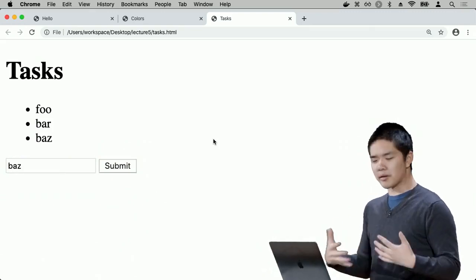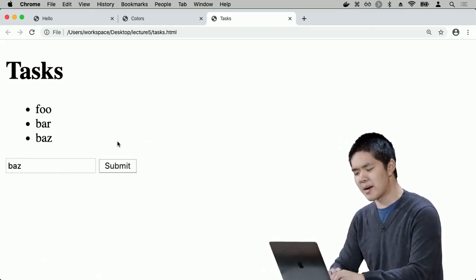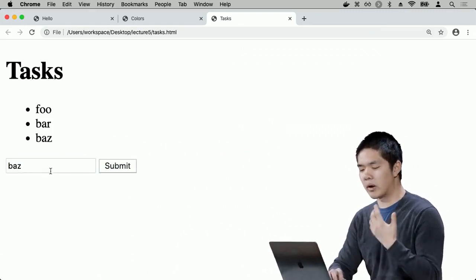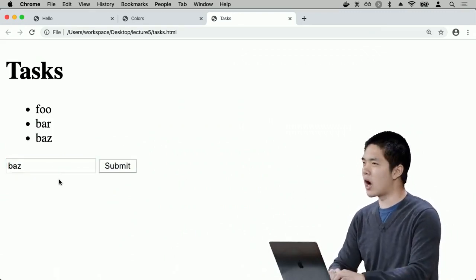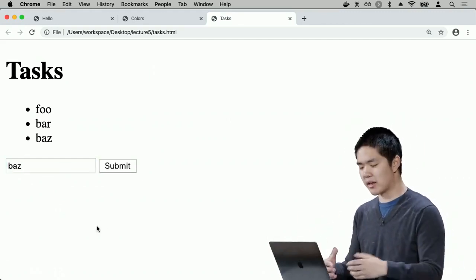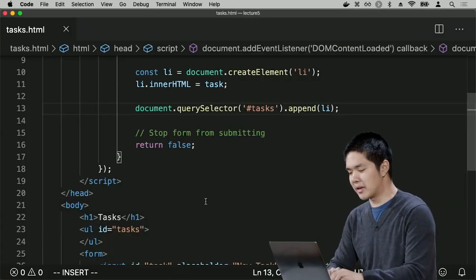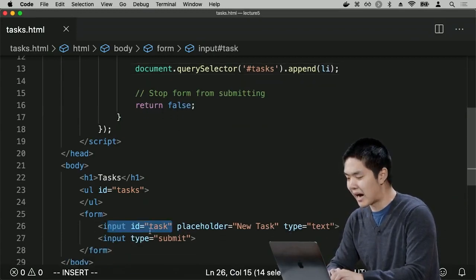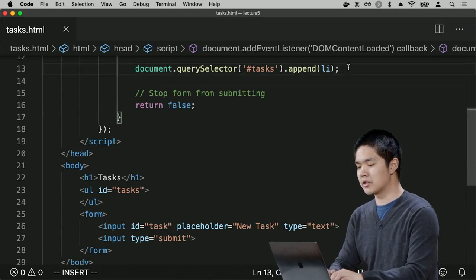Now, one minor user interface annoyance is that it seems that every time I submit a new task, this input field retains the value of what it used to be. And that's probably not what I want, because I'd rather it just clear out. I've already submitted the task. No need for it to stay there. But that's easy to manipulate in JavaScript. If I want to clear out this input field, the input field whose ID is task, then all I need to do is say